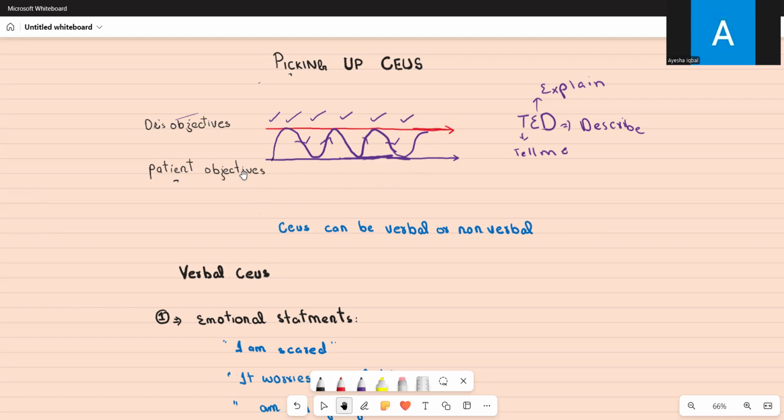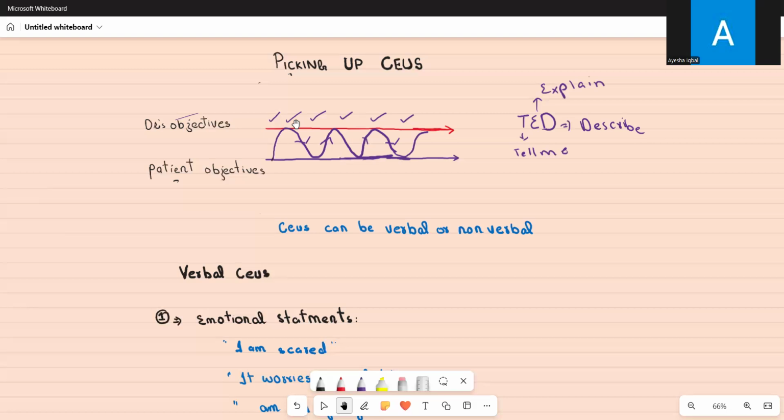While it's one thing to ask about ideas, concerns, and expectations in the ICE part of our consultation, the patient might be dropping clues here and there in the data gathering part. And when we are following our checklist, the patient might give us some emotional statement and we will totally ignore it, thinking that I will address ideas, concerns, and expectations in the ICE part. For example, if a patient has chest pain and tells you, doctor, I'm having this chest pain and it scares me a lot,